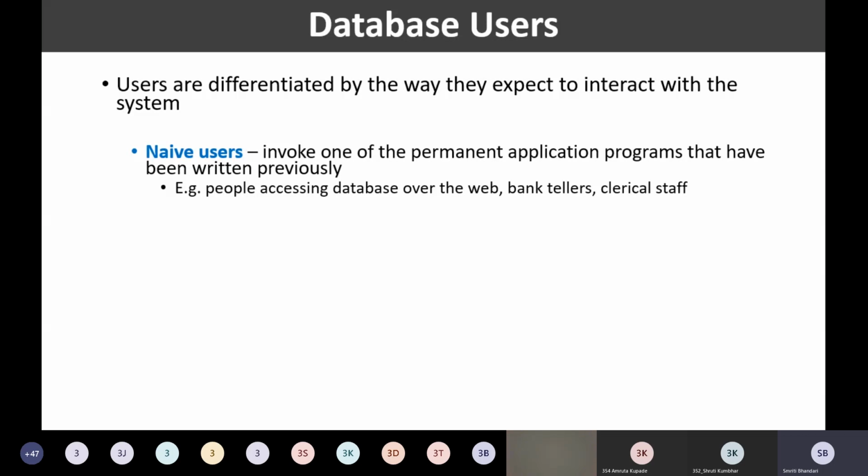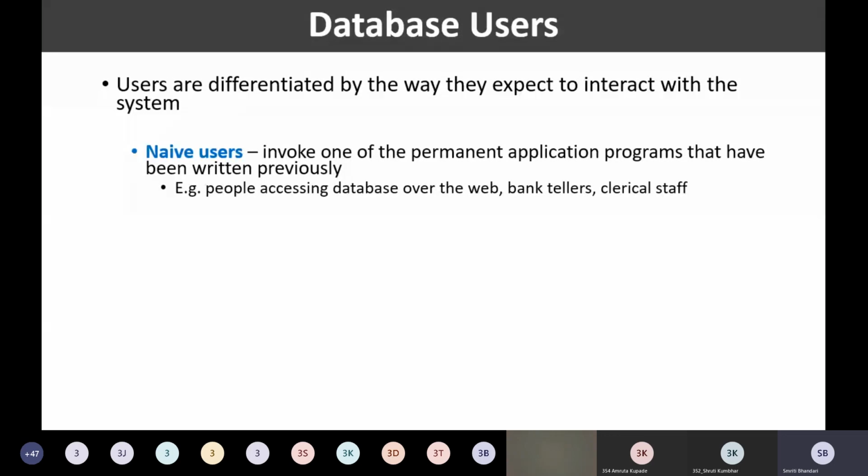What do I mean by that? Say for example, we are having our university database. That is our running example that we are talking about, right? It is a university database wherein we are having lots of functionalities available. So if I'm having that kind of a database, then who is the naive user for that database?